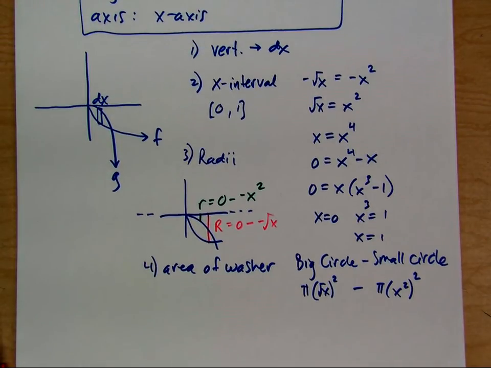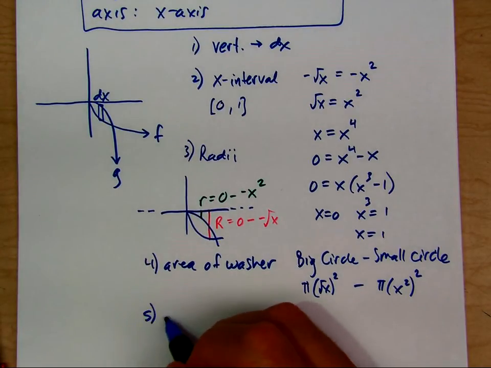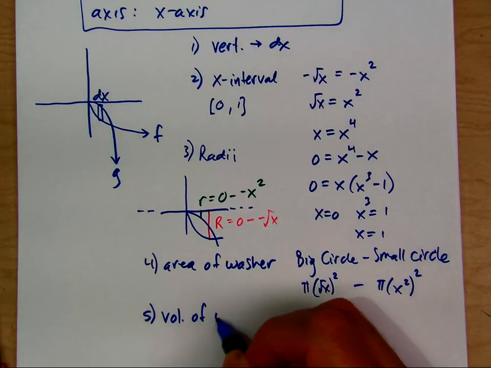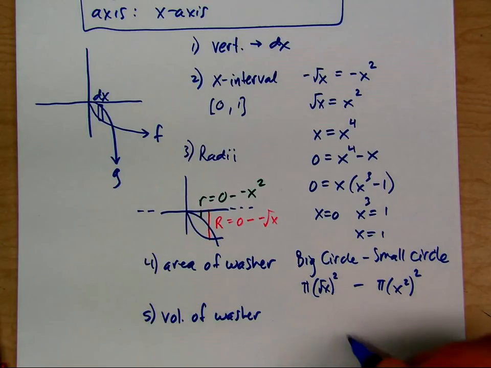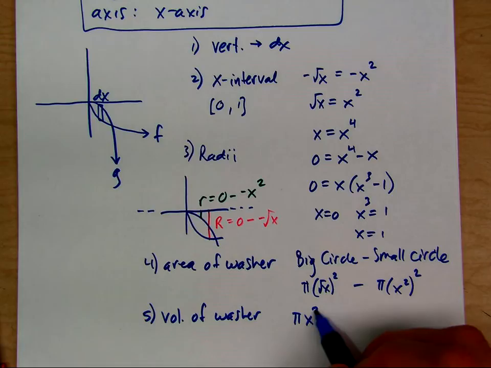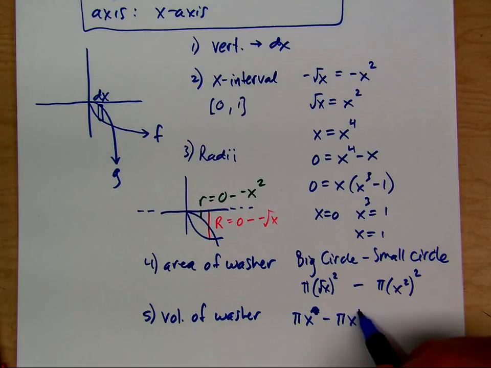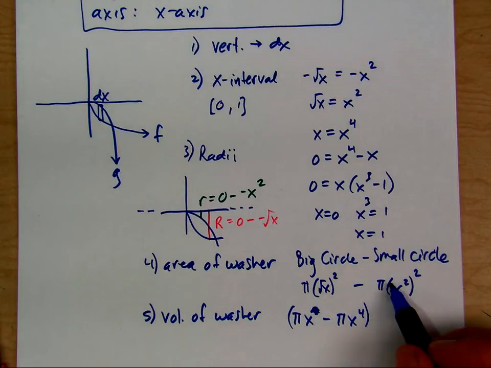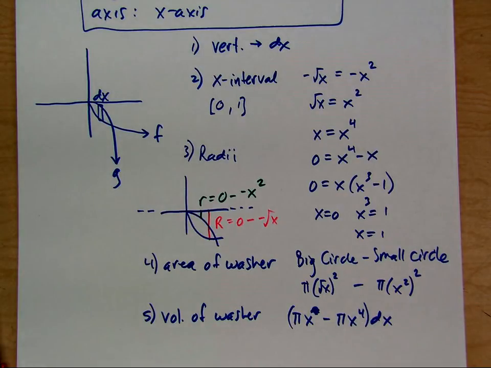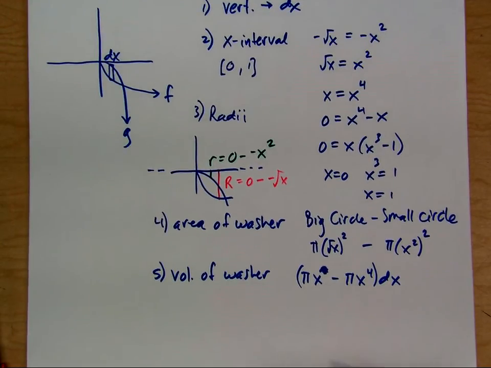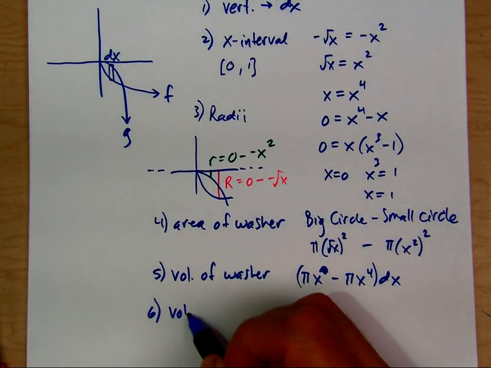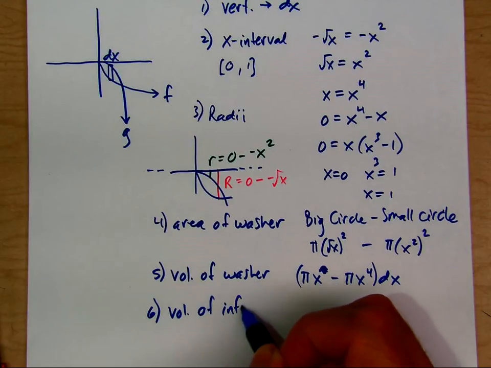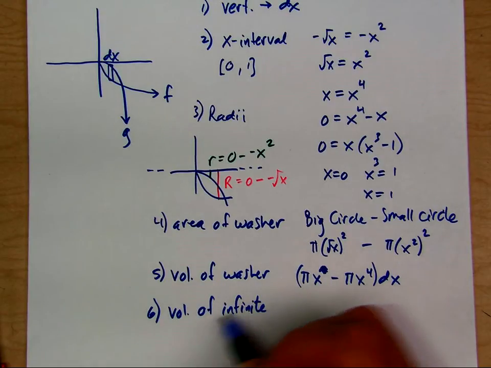So that's the area of a washer, and then we'll find the volume of the washer, and that's just going to be squaring the radical. It's just x, and then this will be x to the fourth. So that's just copying the area multiplied by the differential of x, and this is the volume of a washer, and then we'll find the volume of infinite washers,